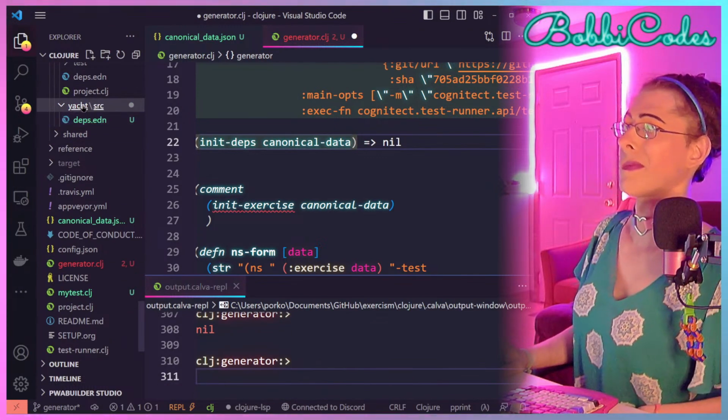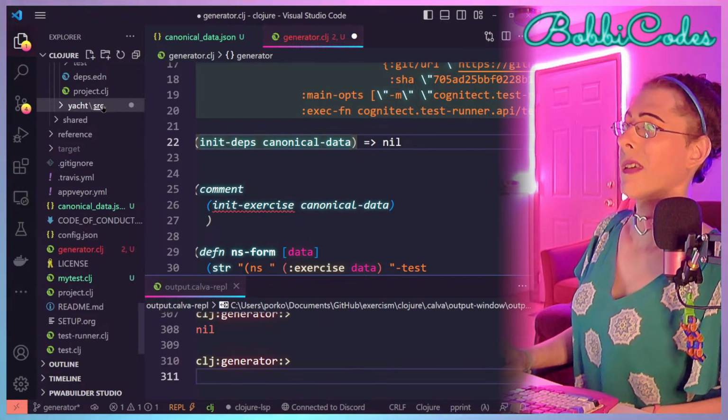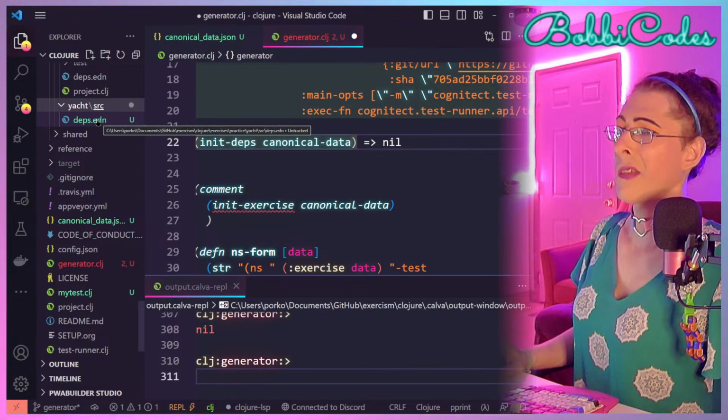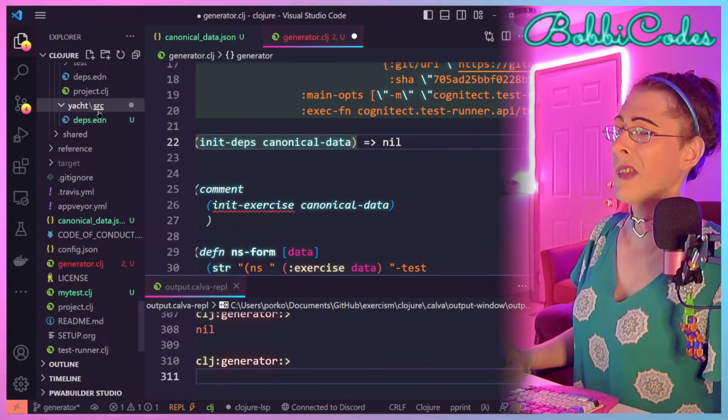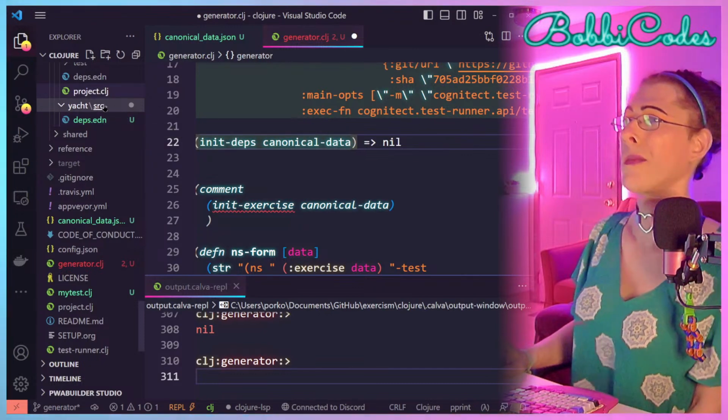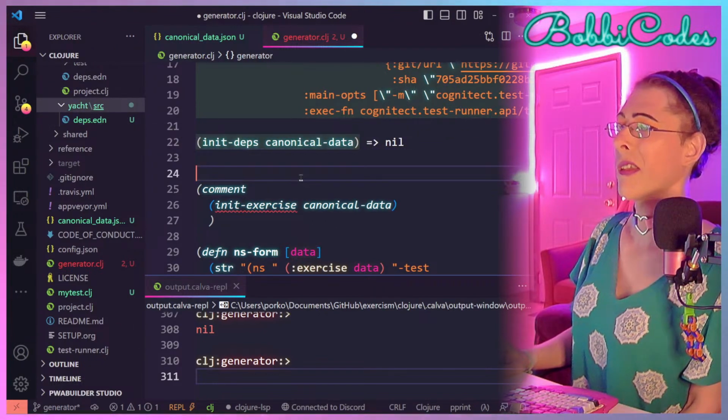Cool. Except that's supposed to be in the root, not src. So yeah, I got confused there because for some reason I thought we were making the source file.